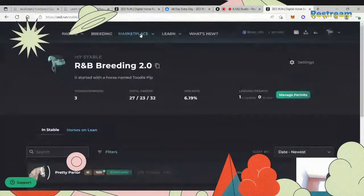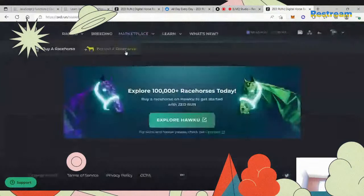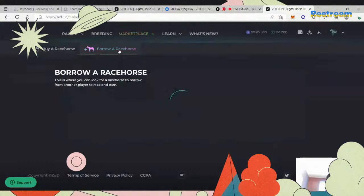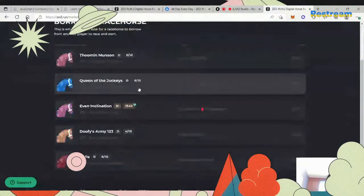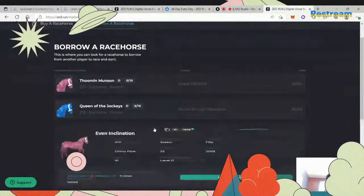All right, since I talked about borrowing horses, I'm just gonna show you again. You go to marketplace, and it automatically gives you the link to Haku now, because I like Haku a lot better than OpenCity for buying horses. But then you just click on borrow racehorse, and